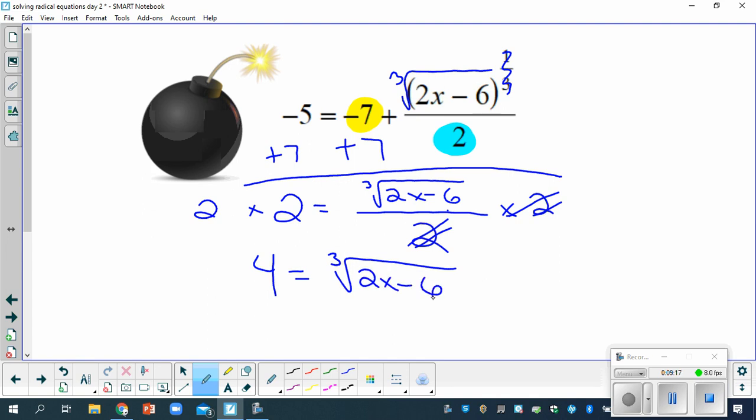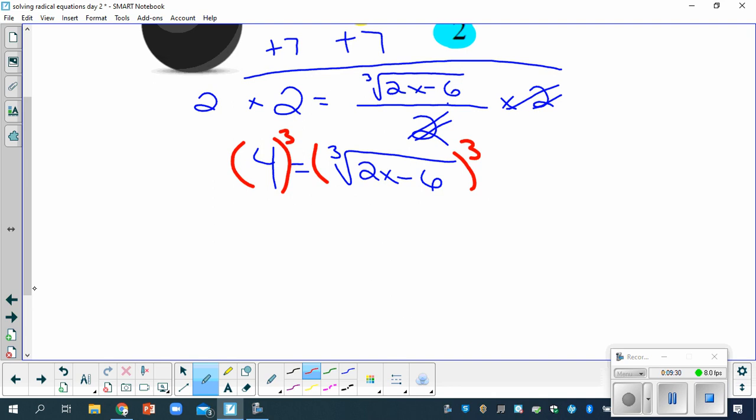Now it's bombing time. So now I grab my bomb. I'm going to raise this to the 3rd power and this guy over here. Man, it's tempting to make that 12, but it's not. It's 4 times 4 times 4, which is 64, equals